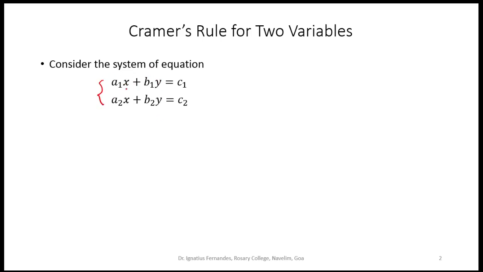Of course, we very well know the substitution method or elimination method which can be used for this purpose. Let us see how Cramer's rule can be used in solving these two equations. Once we have a system of equations in this form, with the constants on the right side of the equation and the variables on the left, to find the solution we define D, which is written as the determinant involving these coefficients.